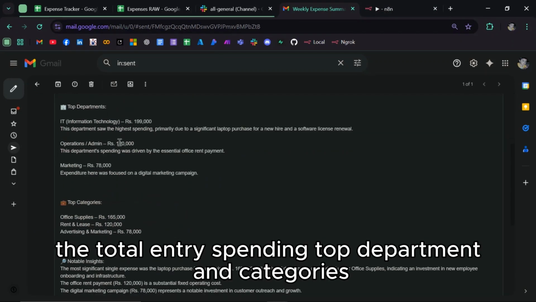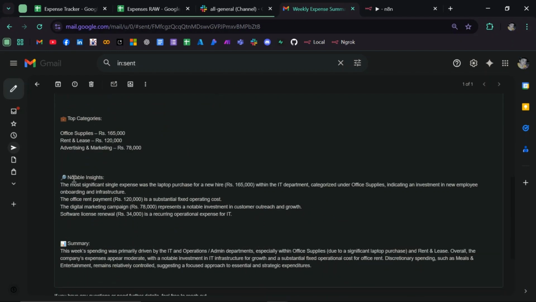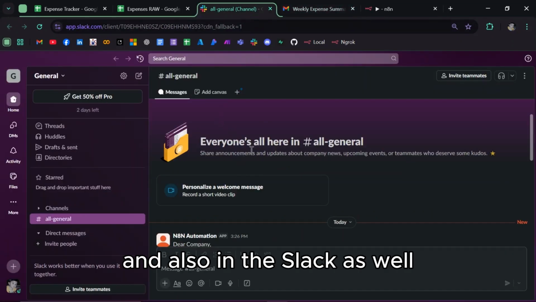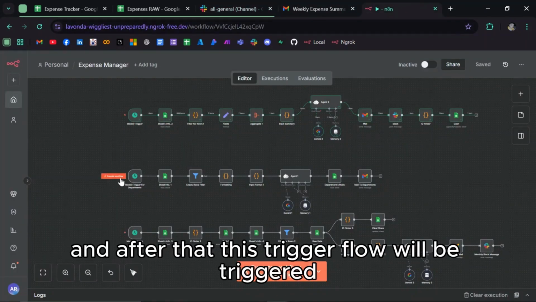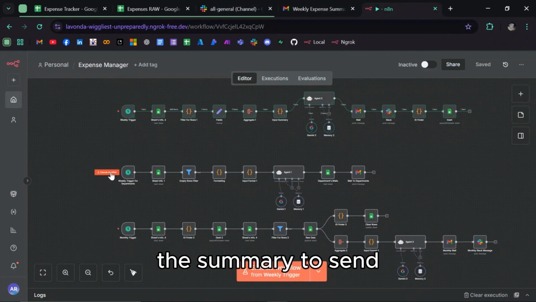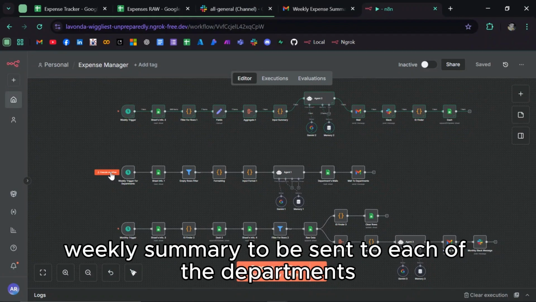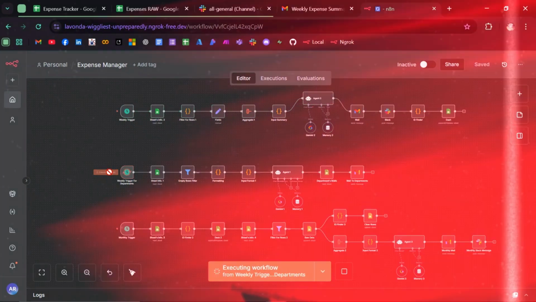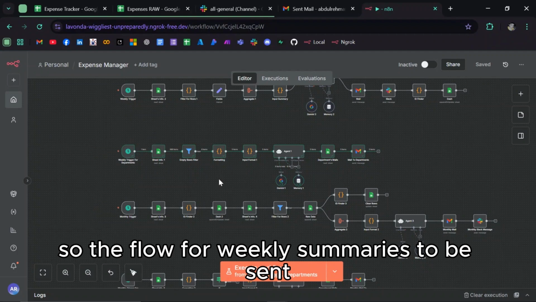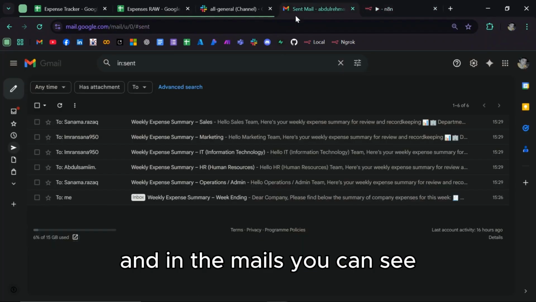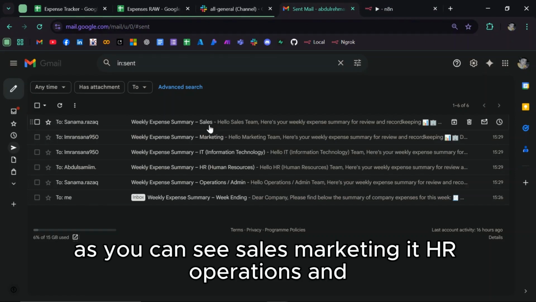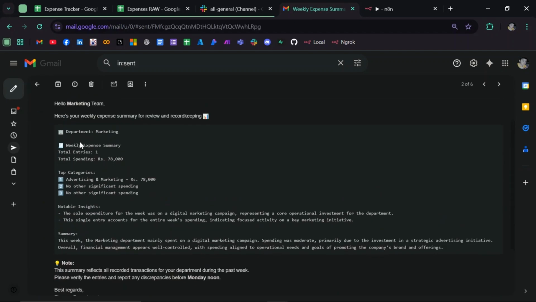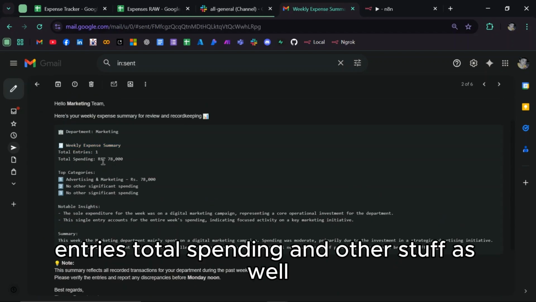The total entries, spending, top department and categories, the notable insights, and the summary, and also in Slack as well, as you can see. After that, this flow will be triggered, which is for the weekly summary to be sent to each of the departments. The flow for weekly summaries to be sent to departments has been triggered successfully. In the mails, you can see that each of the departments has been sent different mails according to their expenses. As you can see, sales, marketing, IT, HR, operations,